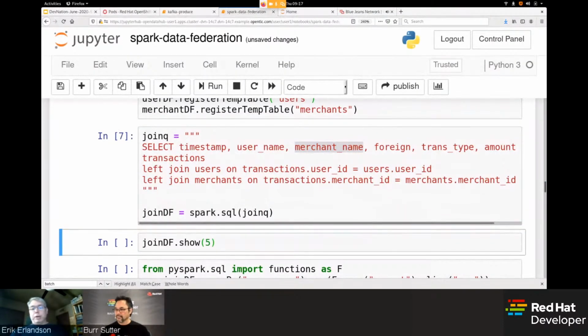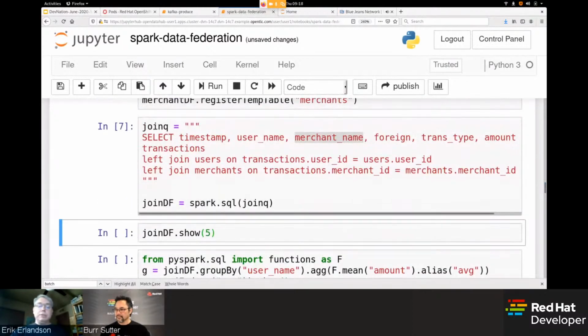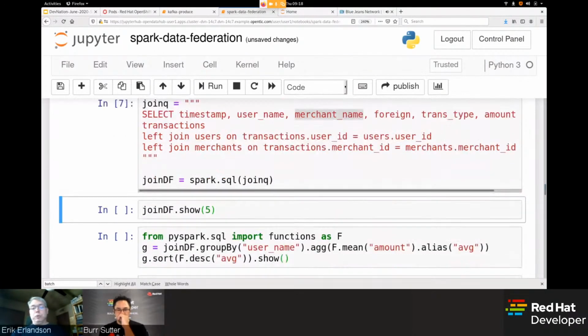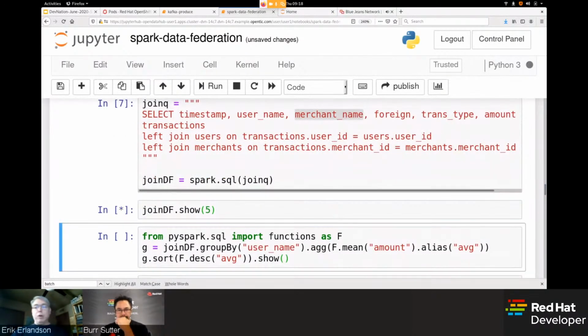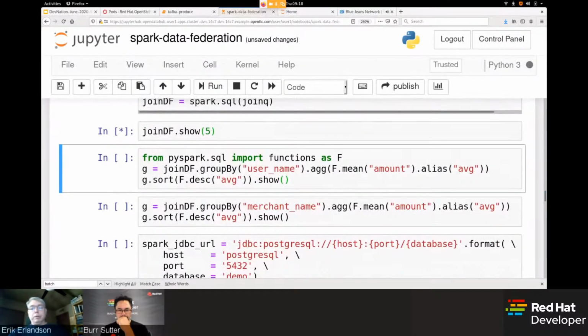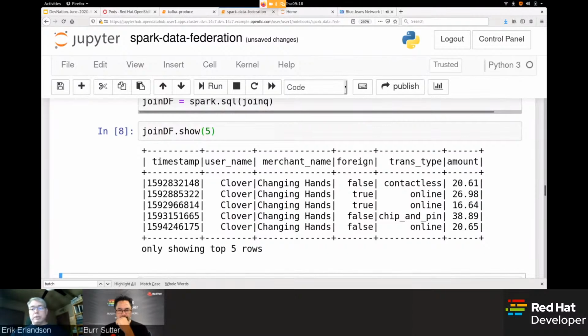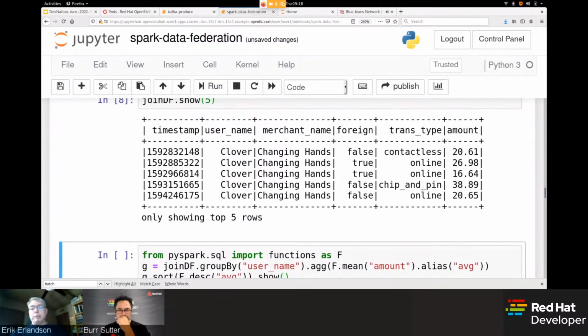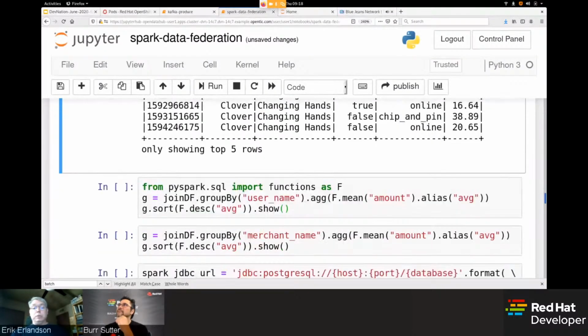So I set up the data frame. You might notice that it computed instantly because Spark doesn't actually do the compute until you force it to. So here I'm going to show stuff, and now it's actually got to run the computation. So it's executing that SQL to show me the top 5 records in the data. And I can see it looks very much like the data I saw before, but instead of IDs, I have actual names. It just took the transaction type and the amounts from the raw table.